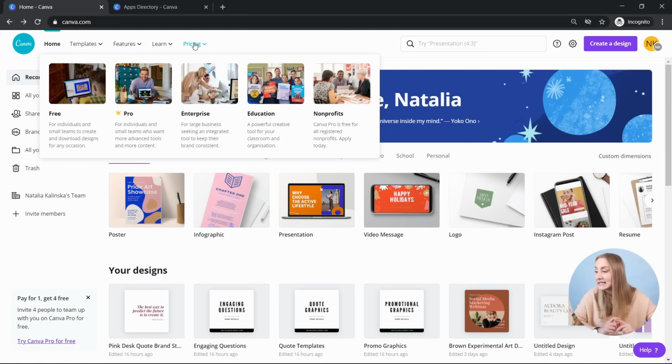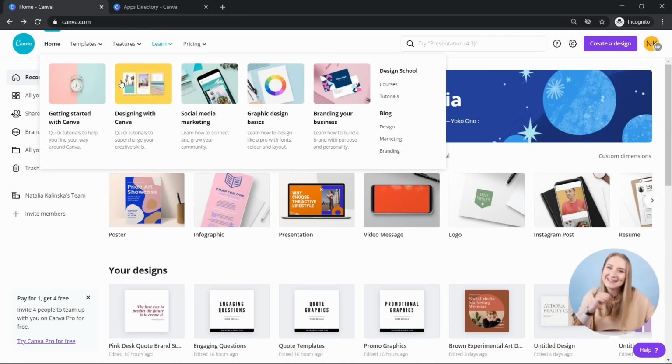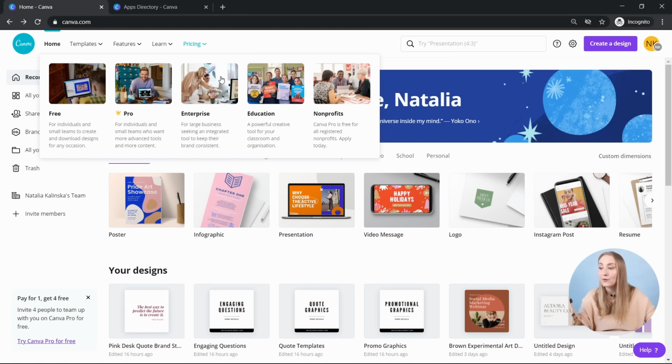And then you've got the pricing section, and obviously the free version will be most useful to the majority of people wanting to use Canva because it's really great. It's packed with different functionalities. But if you want access to different parts of Canva, again, I'll explain later on in the video, you might go for Pro. There's Enterprise, which is a bit more bulky. There are more teams involved if you've got a large business that you need to design for, or you're designing for multiple different companies. If you're, for example, a social media manager, that might be a good option, but I think the free version is still really amazing.